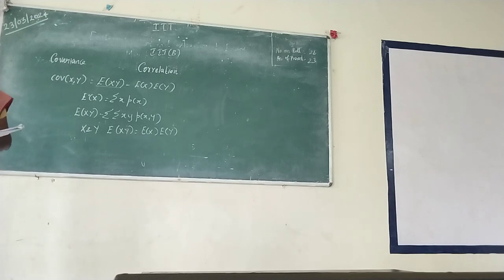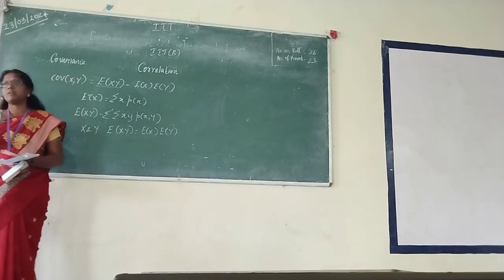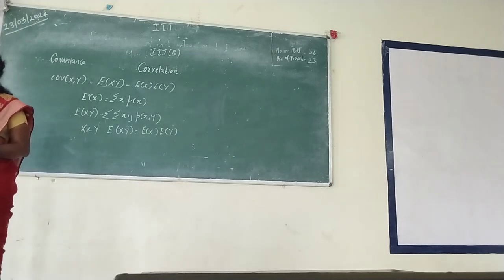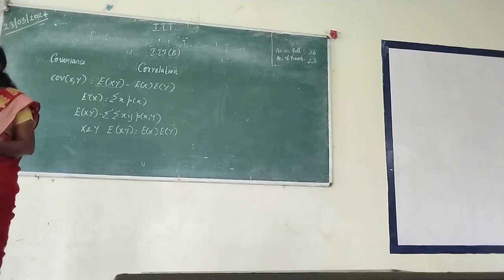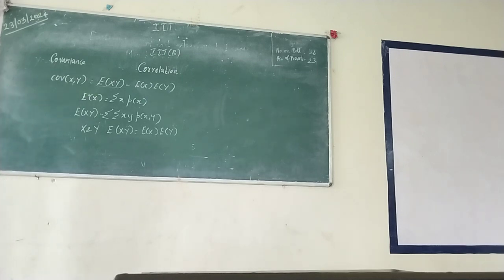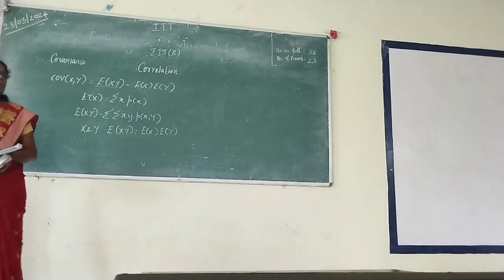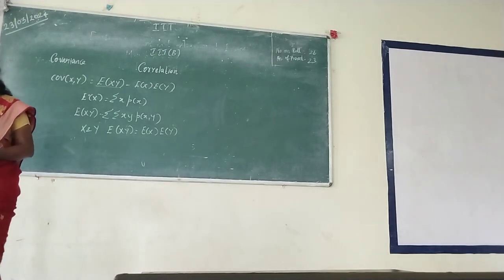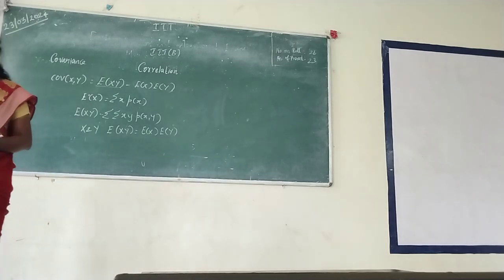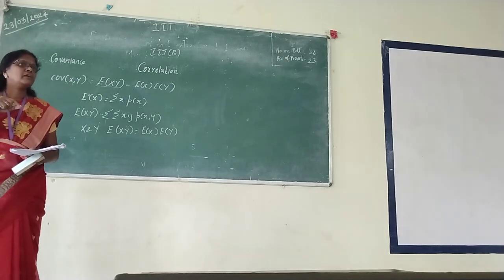Positive and negative. The meaning of positive correlation is that if you compare two different data sets and they deviate in the same direction, then it is called a positive correlation. That means if x is in an increasing pattern, y also should be in an increasing pattern. If x is in a decreasing pattern, y also should be in a decreasing pattern. If the nature happens like that, then it is called a positive correlation. So what will be the meaning of negative? Opposite. If one is increasing, the other one will be decreasing.